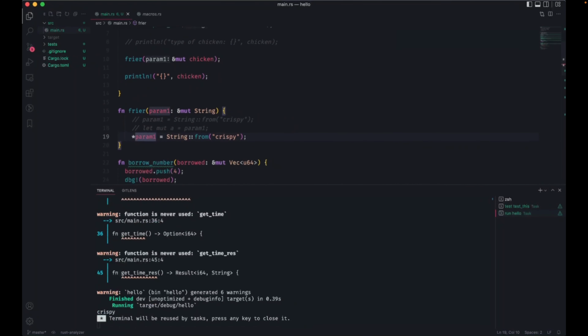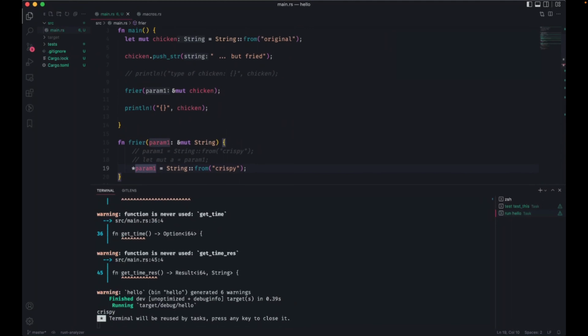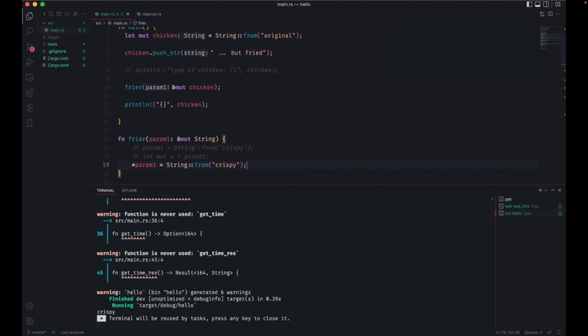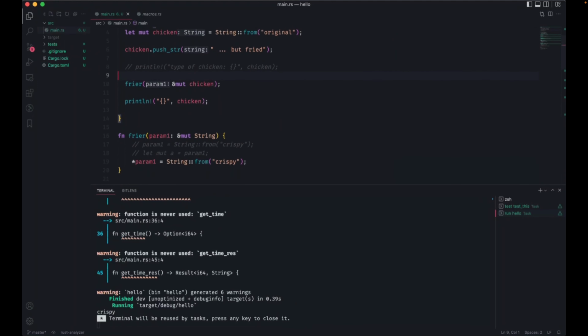So this will work. This is an important concept in the borrow checker: I can't just automatically assume that when I assign something to a pointer, it's going to know what I want to do. If I want to assign to the thing that's underlying the pointer, I need to tell it to do that. I need to dereference. I want you to actually find this thing that's underlying this word param1 and overwrite the memory.